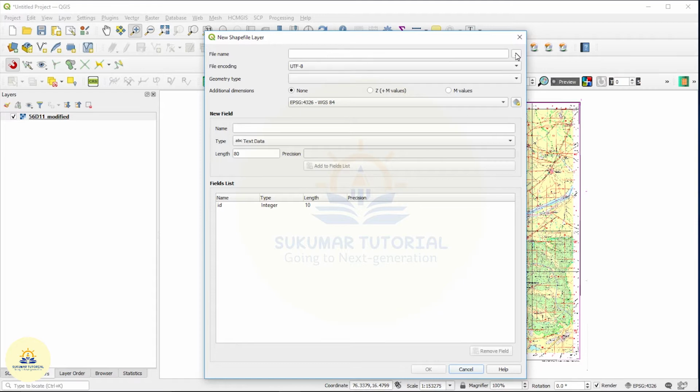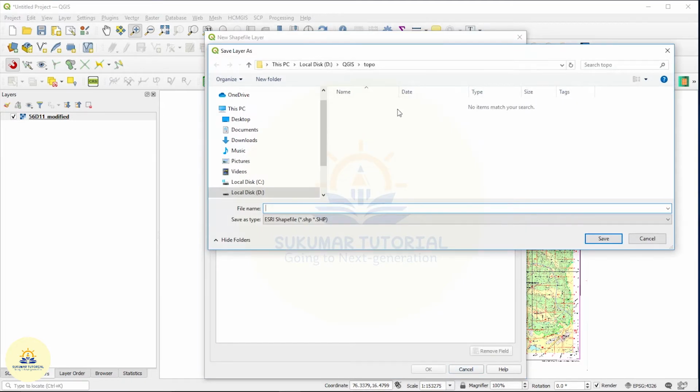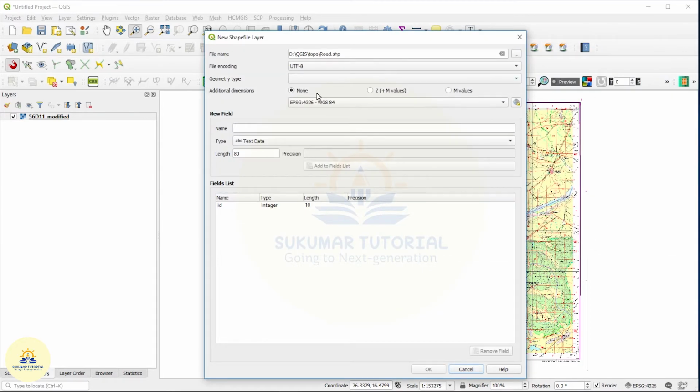Just go to the browse, I am giving the name of the shapefile, that is road. If it is different kinds of road, you have to say roads. It is only a road. Save it. File encoding, you leave it UTF-8 as it is.